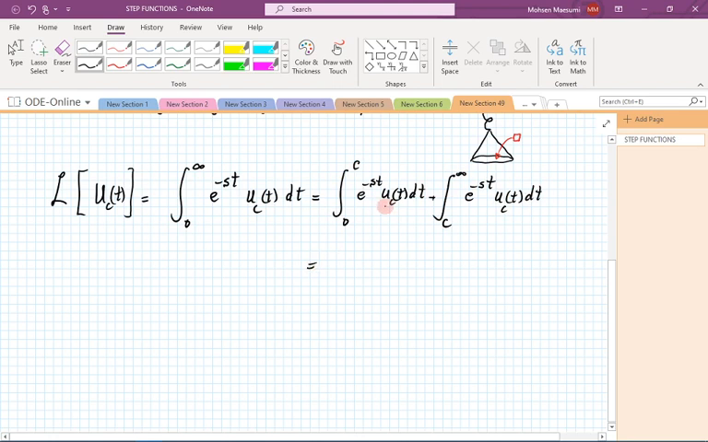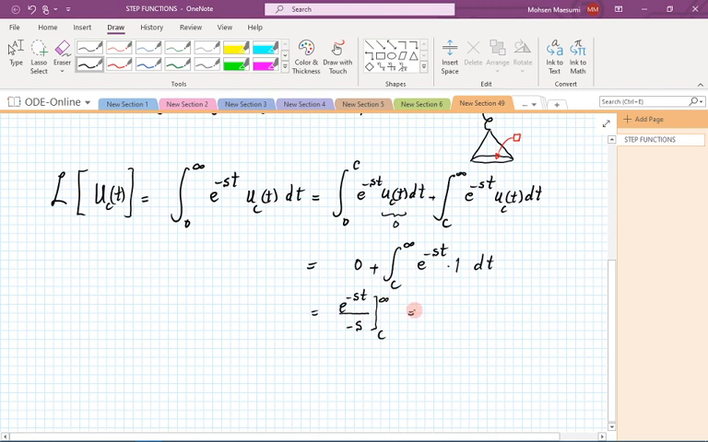So at the beginning the light is off, this is 0, so we are lucky that there's nothing to be done here, it's just 0. And later on it's simply 1, so it goes from c to infinity of exponential of minus st. My function is just 1. And when I integrate this thing, well, it becomes exponential of minus st over minus s from time c to